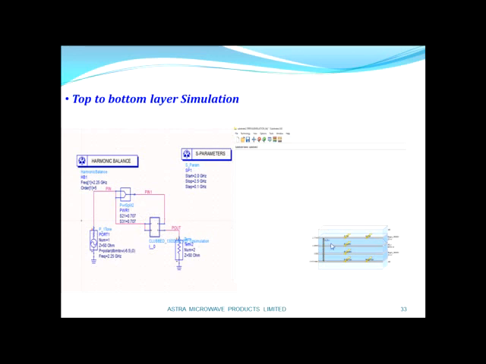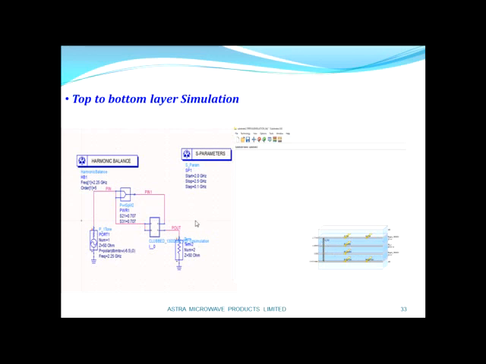Top to bottom, as I mentioned, is a 16 layer board. The top layer is ET underscore top, and the bottom layer is ET underscore bottom, and in between there are 16 layers of FR4. I connected these using vias.